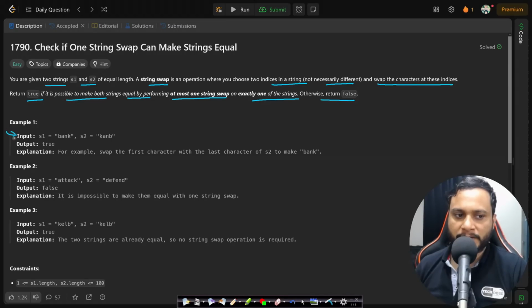Now, if you look at this first example, in this case we have bank and we have kanb. Now, in this particular case, you can actually swap this B and K, right? So it will become kanb, which is equal to the second string, right? And that is why in at most one swap, you can do zero swap or one swap. So in at most one swap, we were able to convert S1 to S2, so we will be returning